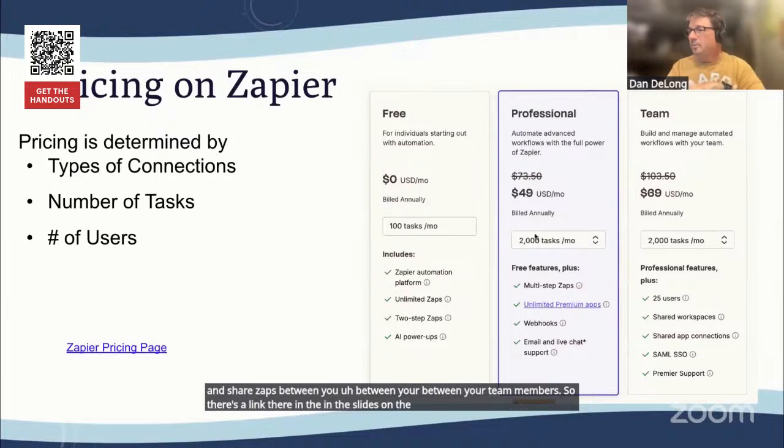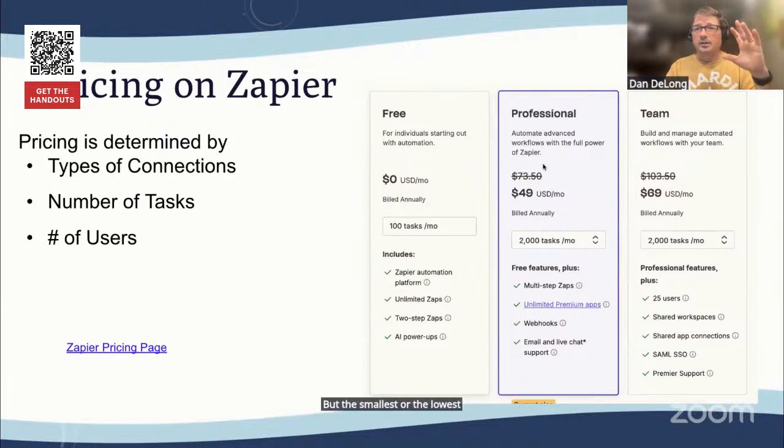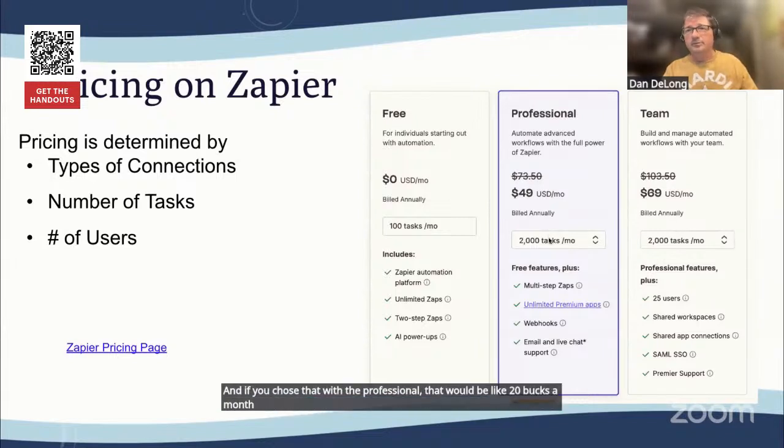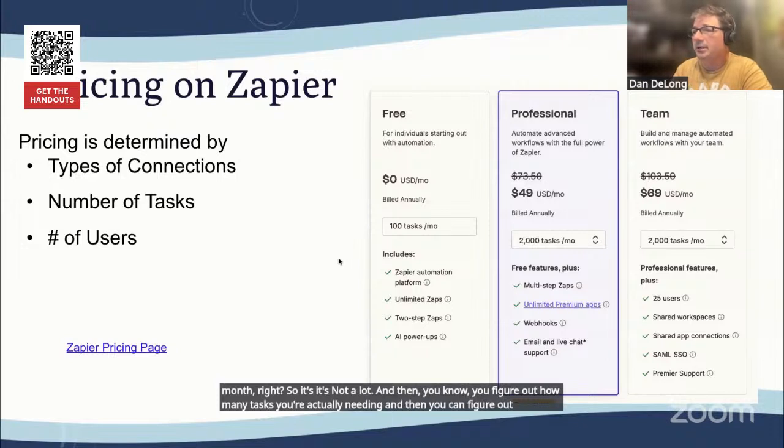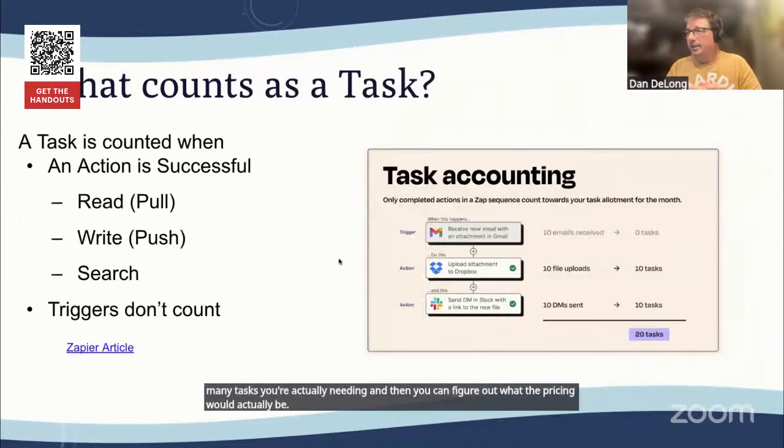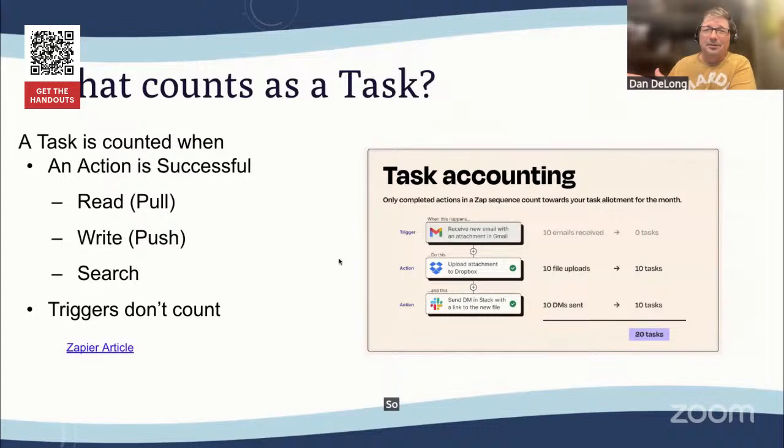But the lowest task option is $750 a month. And if you chose that with the professional plan, that would be like $20 a month, right? So it's not a lot. Then you figure out how many tasks you're actually needing, and then you can figure out what the pricing would actually be. So task accounting, I thought it was funny that on their website, they have